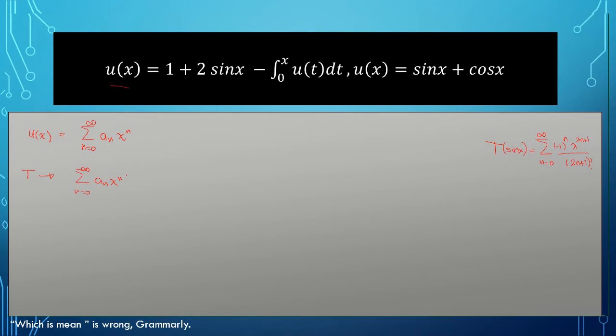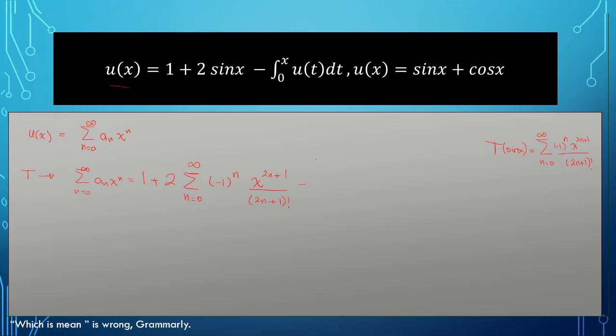Okay, for 1 it's the same. For 2 sine x, we put 2 and then write the summation that we've mentioned, n from 0 to infinity minus 1 raised to n x^(2n+1) over 2n plus 1 factorial